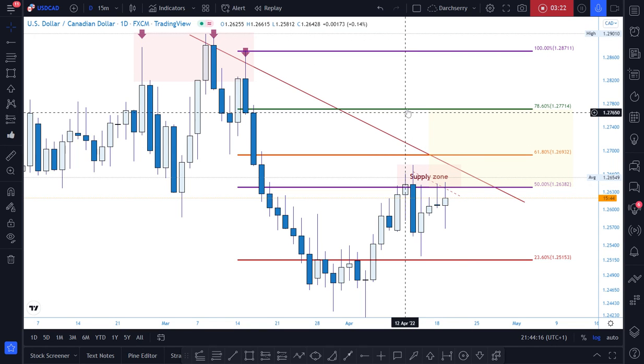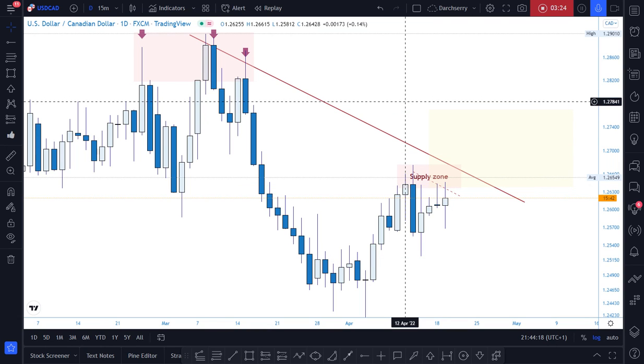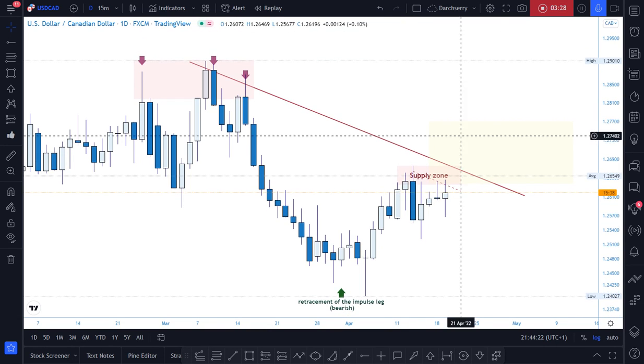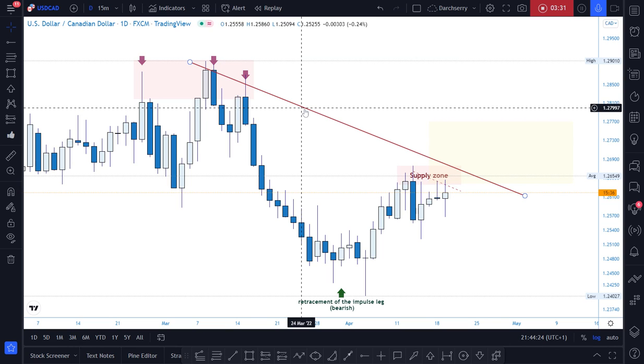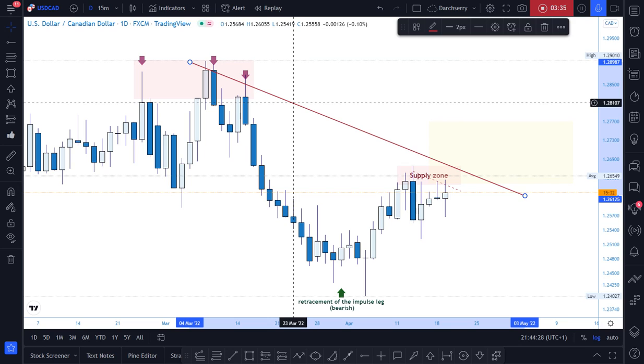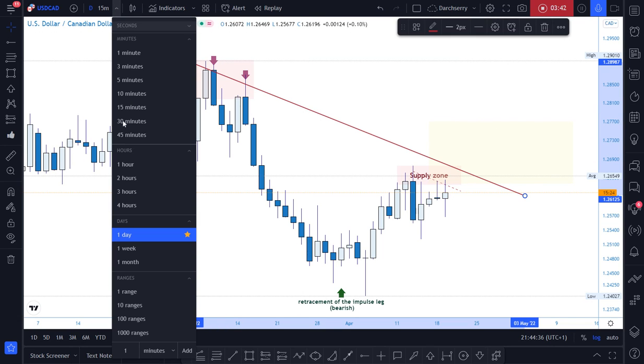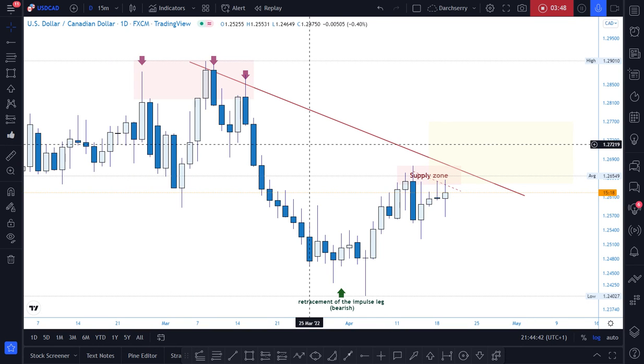With this being said, I want at this point in time to take into cognizance this bearish trend line, which will be my guide going into the new week. So now, if we move down to a much lower time frame, let's say the 4 hours. Oh, before I move down to the 4 hours time frame, there is one more thing I noticed on the